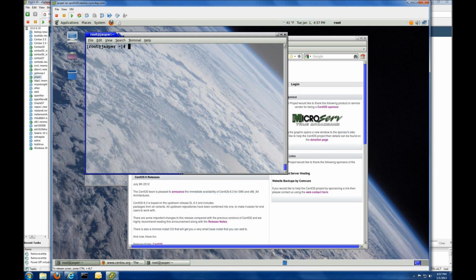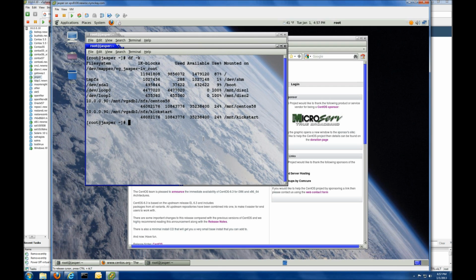Okay, so what I've done, I've taken that file and copied it to the /mnt/kickstart directory, which is an NFS mount. And I also copied the content from the DVDs, which is here, in this mount point on my NFS server. Now, I'm going to go into my Anaconda file and create a copy of it. I'm going to copy anaconda-ks.cfg to CentOS